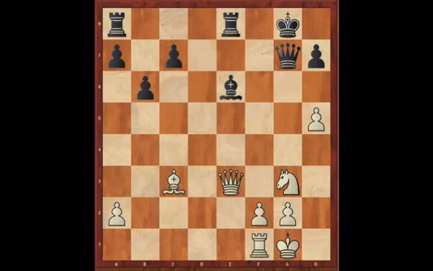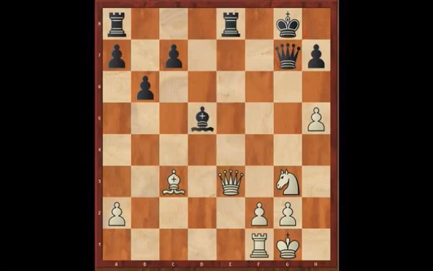Now, if we count in the material in this position, we can quickly see that black is the exchange up. He's got a rook and white has only got a knight. In order to compensate for that, white is hoping to put his queen on the long diagonal. He either wants to put it on d4 or e5. And the point of this is to zoom down the diagonal to create pressure or possibly even checkmate on g7 or h8. So black has got to be extremely careful what he does,